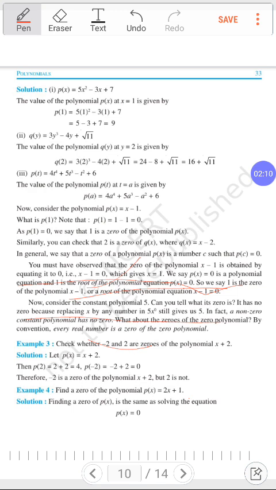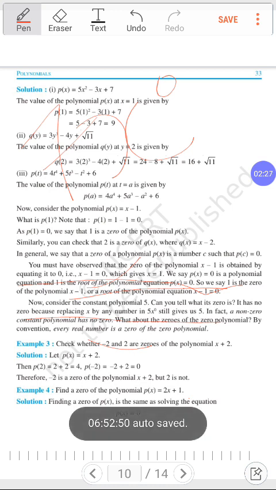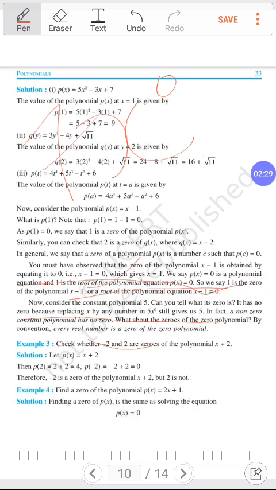So let's see, when we are saying any number as a constant polynomial like 7, that means when we are considering it as a polynomial, then we consider its variable as power 0. Okay, so here also you can see 5 has been considered as 5x to the power 0. Okay,